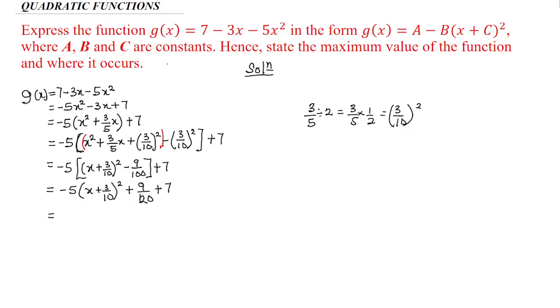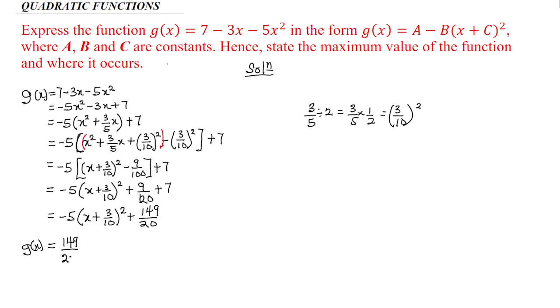So I simplify the fraction and then the whole number over there, which is negative 5. I have x plus 3 out of 10 all squared. Simplifying this gives me positive 149 out of 20. Now we have to rearrange this so that it looks like the question that has been given. They said we are supposed to express it in the form a minus b into bracket x plus c all squared. So this now becomes my g of x will now be